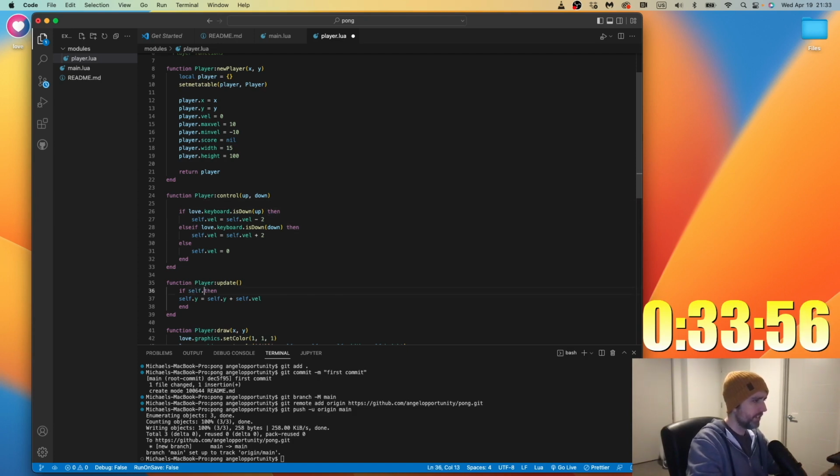So we're going to do if self.maxvel is less than or equal to, or no, if self.vel is less than or equal to self.maxvel, and self.vel is greater than or equal to self.minvel.